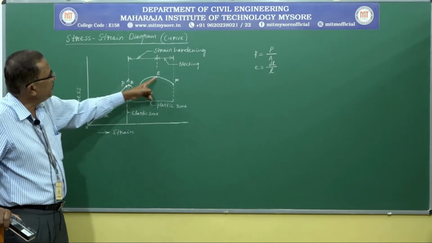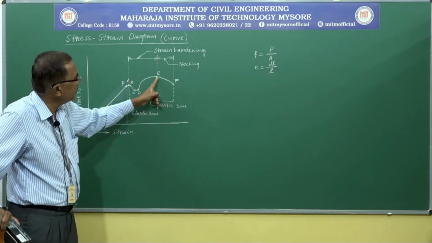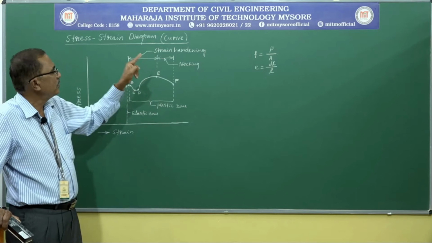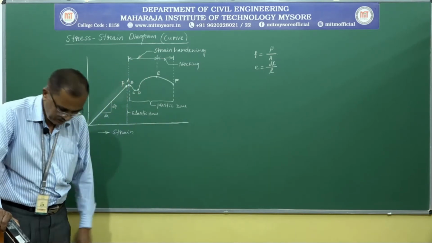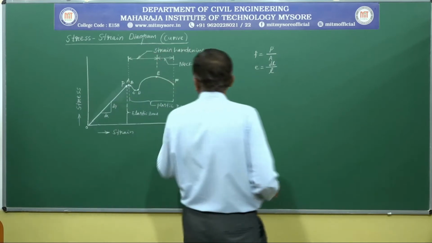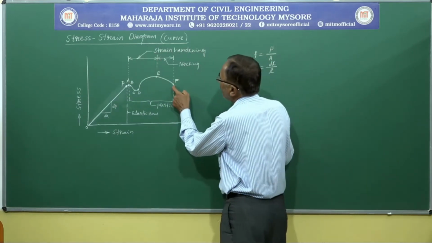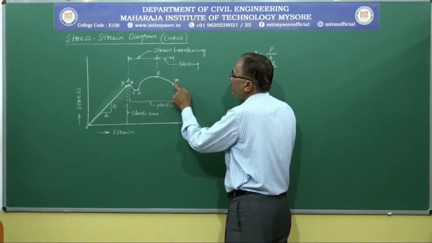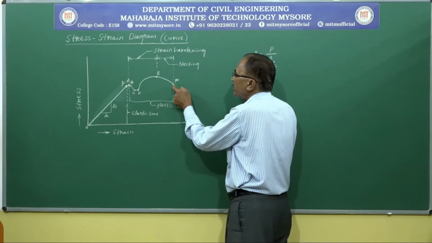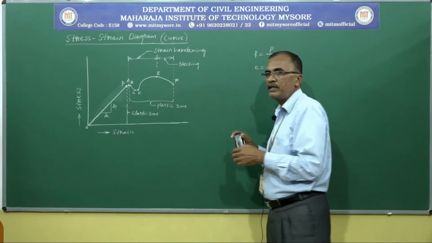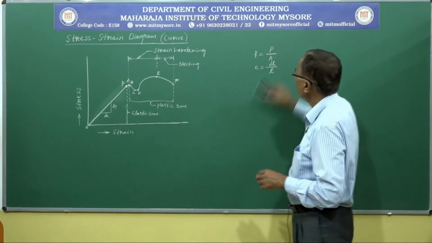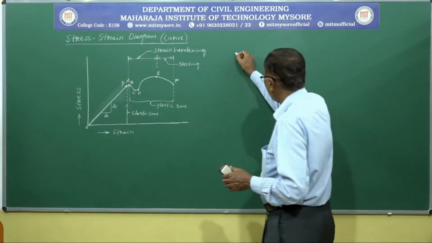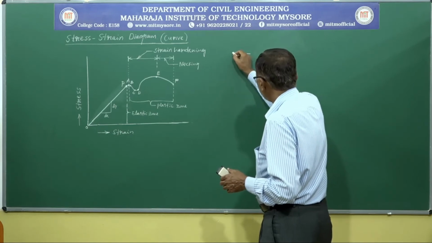Next, between E and F we can see there is a decrease in stress with the increase in the strain. This is because of the formation of a neck on the specimen. At the time of failure, the smaller value of stress compared to the ultimate point indicates the formation of the neck, and the material fails with a smaller load than the ultimate load. So, to conduct a tension test on a mild steel specimen, we use a specimen like this.